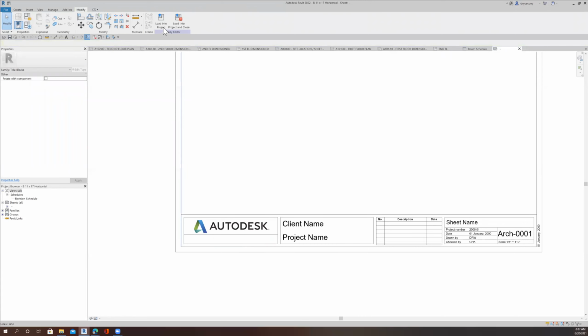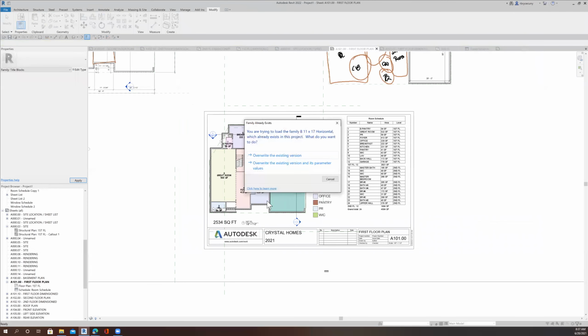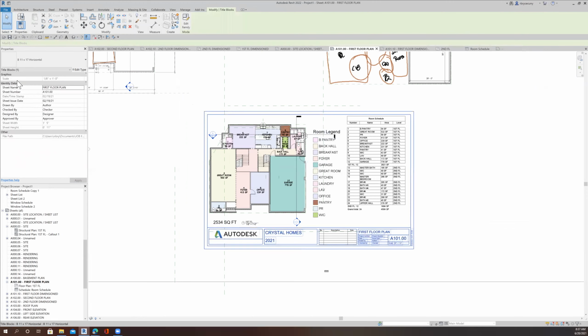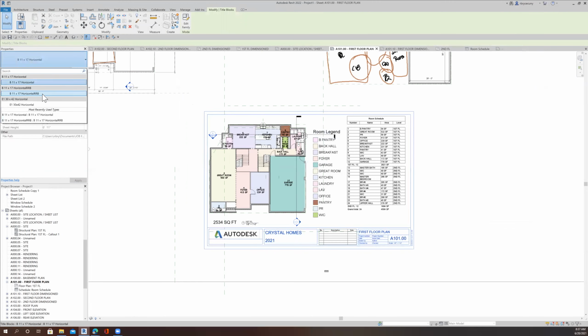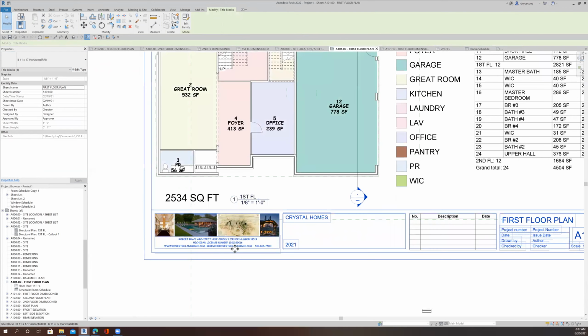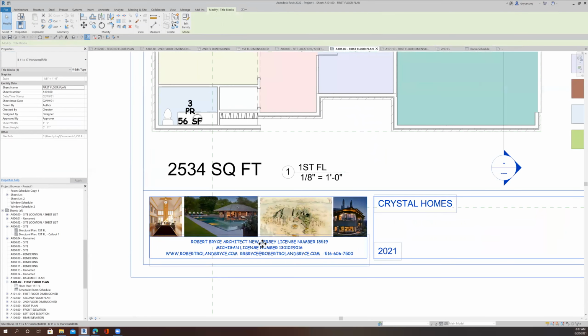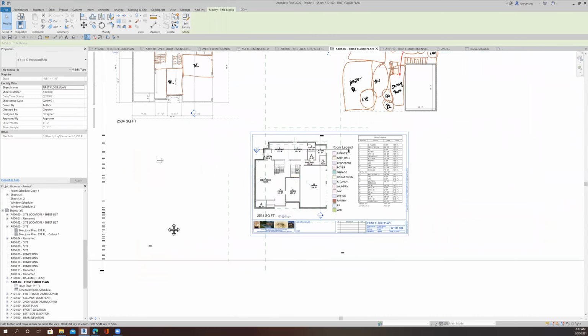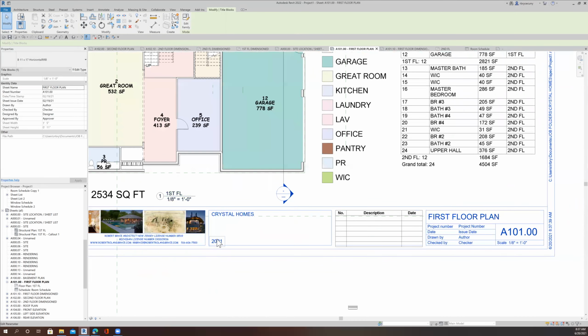Yep, okay. Now when I load that into the project, I can overwrite it, and you can see that it's taken that out. Now, not really needing that one, I'll go back to mine, and you can see that basically I just customized that, and I put my name and my license numbers, and my website, phone number, email address, and some glory pictures of some of the other projects that I've worked on. And so now, if I decide to change, say, for example, this to